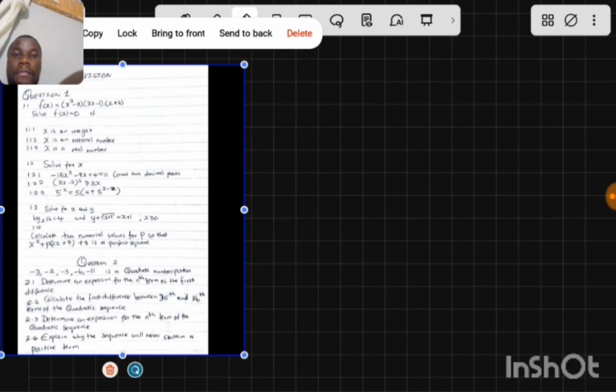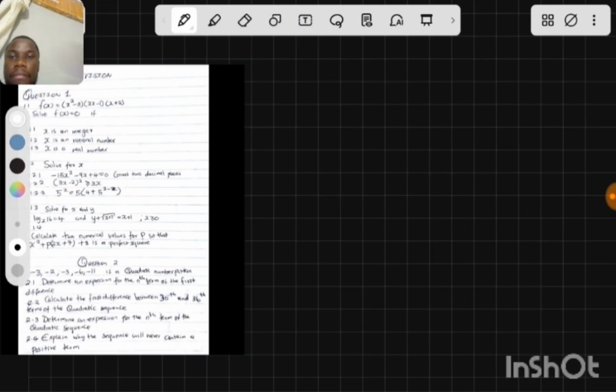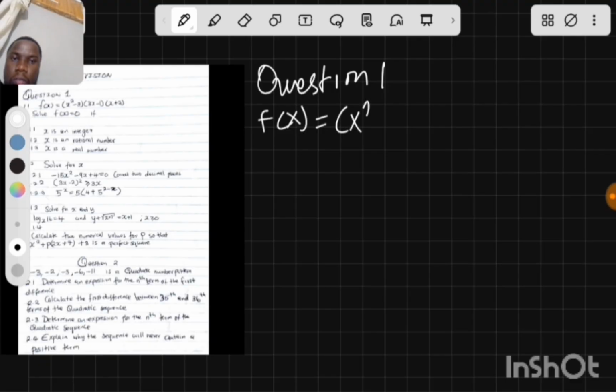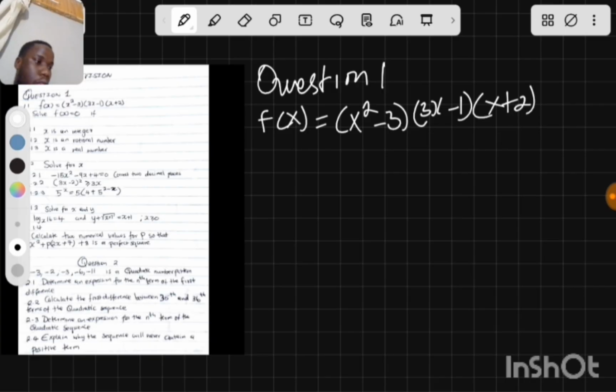Question 1. They say f of x is equal to x squared minus 3 times 3x minus 1 times x plus 2, then